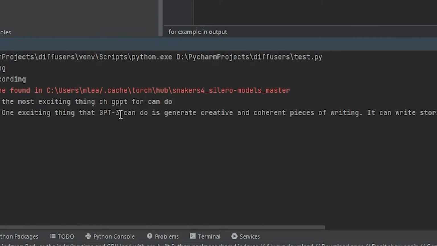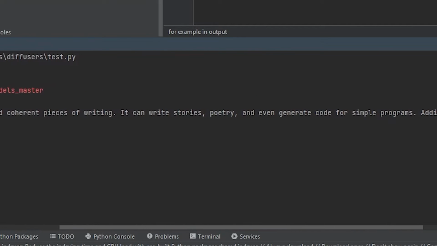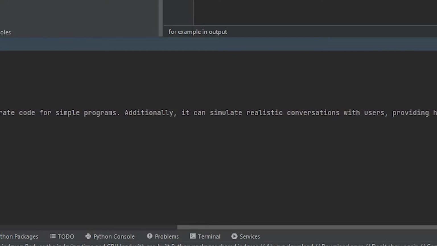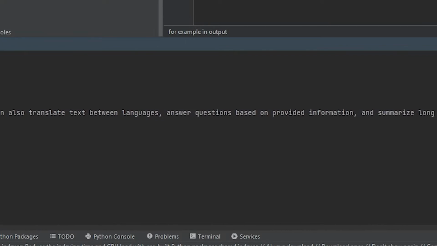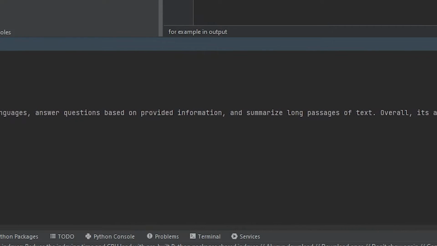One exciting thing that it can do is generate creative and coherent pieces of writing. It can write stories, poetry, and even generate code for simple programs. Additionally, it can simulate realistic conversations with users, providing helpful information or engaging in entertaining dialogue. It can also translate text between languages, answer questions based on provided information, and summarize long passages of text. Overall, its ability to mimic human-like responses and perform a wide range of language-based tasks makes it an extremely...